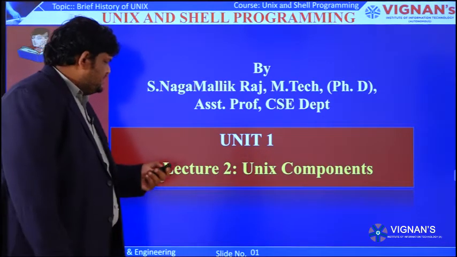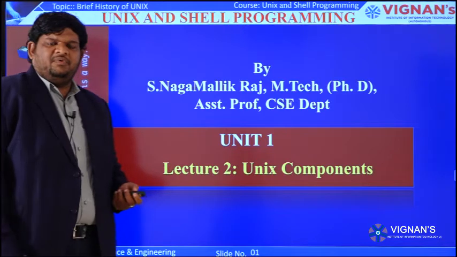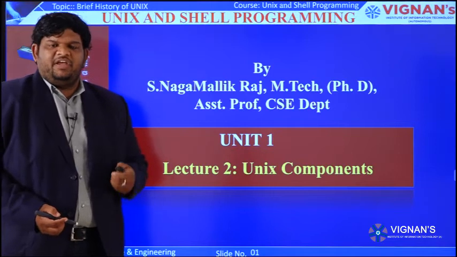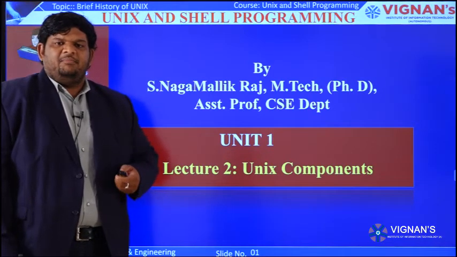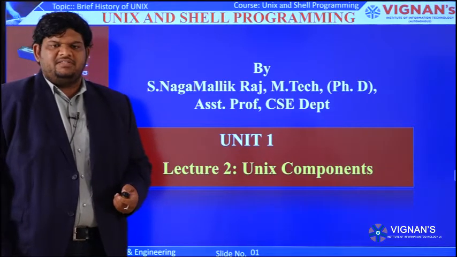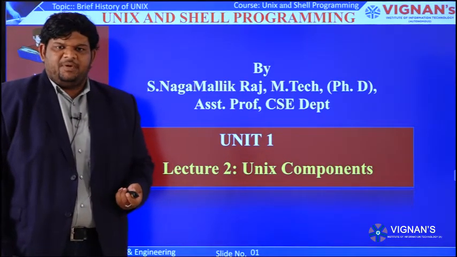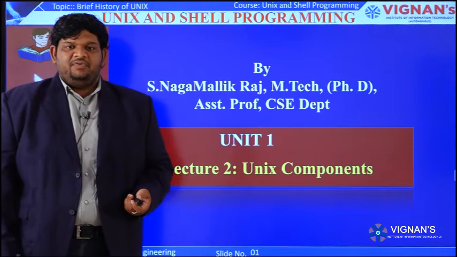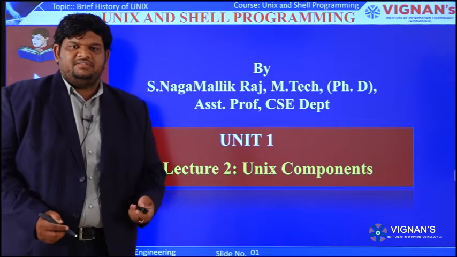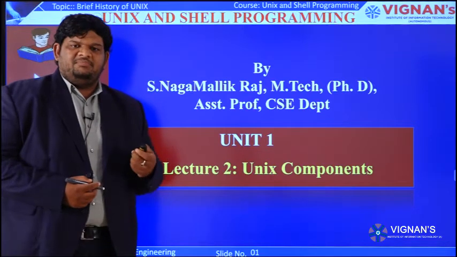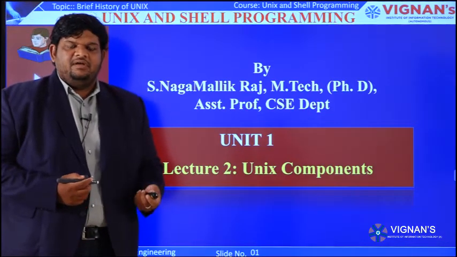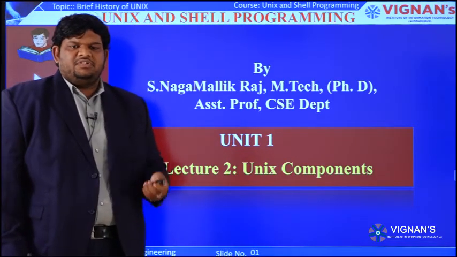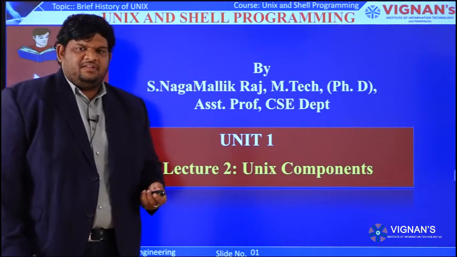In the previous lecture, lecture 1, we discussed briefly about Unix. We already covered the following topics. One is why we need Unix. Unix is nothing but a multi-user, multitasking and time-sharing operating system. We also discussed what an operating system is and how many types of operating systems there are. Next, we discussed a brief history of Unix, how Unix came into existence and who the founders are. It started with Multics, that means Multiplexed Information and Computing System. Like that, the entire history we covered. Not only that, we saw the features of Unix. All these topics are covered in the previous lecture.